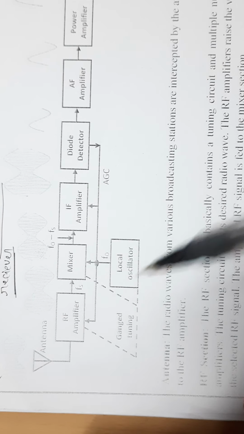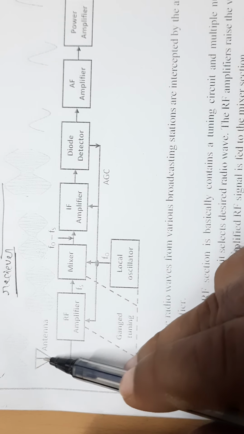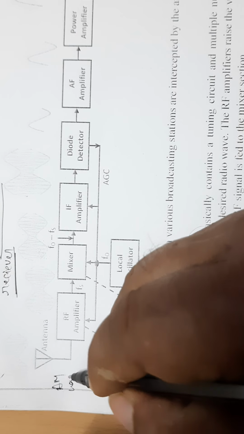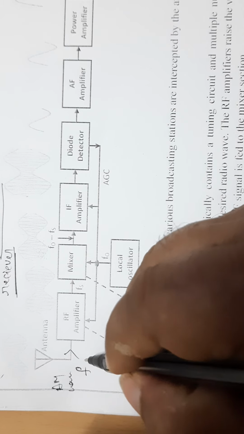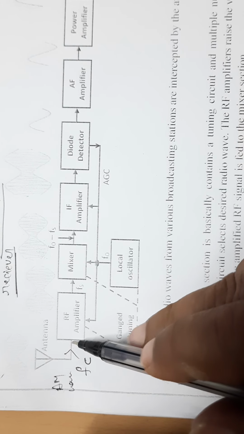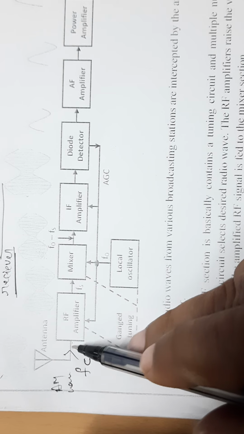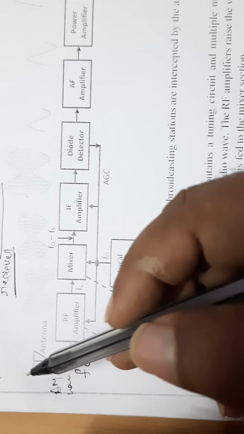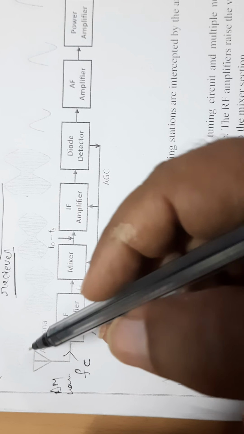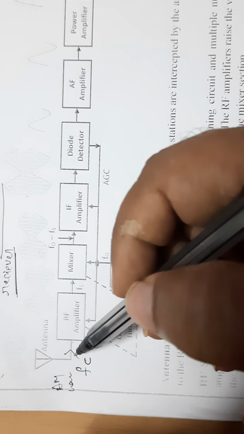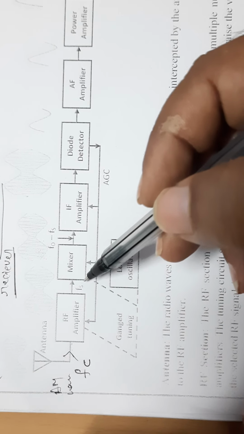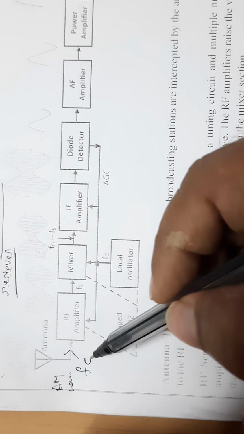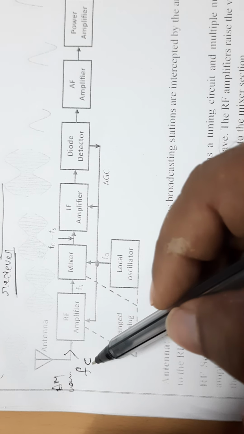First, you see, this antenna receives the signals from different stations. This is an amplitude modulated wave where the frequency is very high, that is carrier signal Fc. Since this is a carrier frequency Fc, while traveling through space, the signal becomes weak. This antenna receives the very weak signal, and this weak signal cannot be processed by the electronic circuit. Therefore, first it has to be amplified. The strength of the signal must be increased.